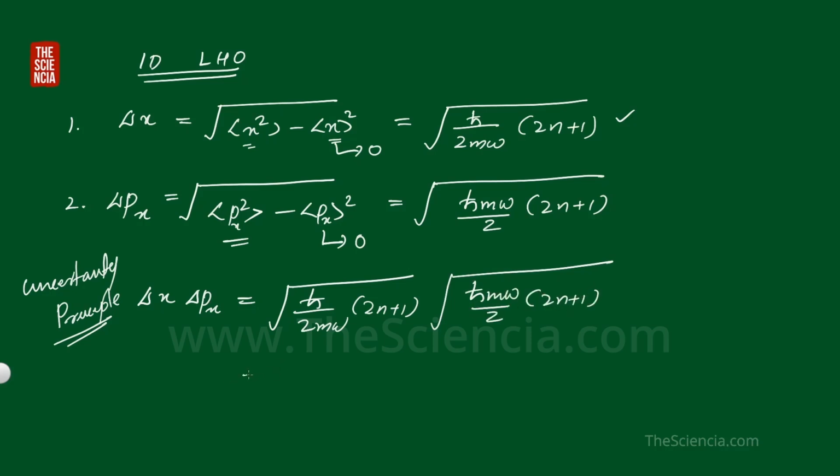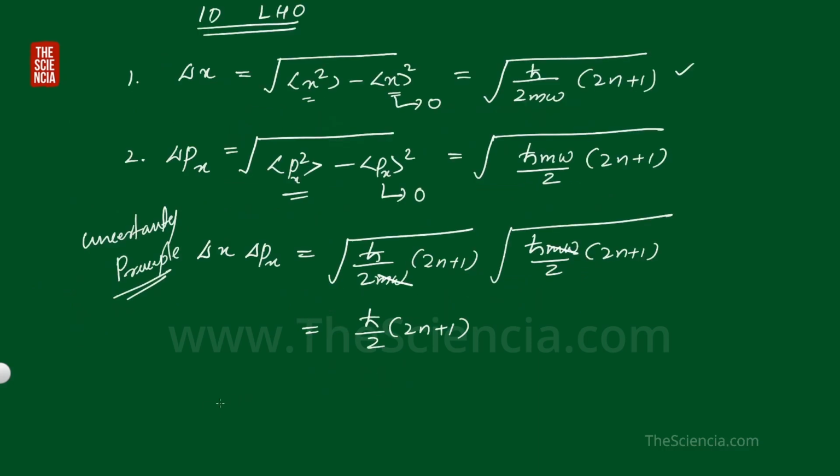The m omega and m omega cancel, and the remaining is h cross by 2 into (2n plus 1). If we simplify this expression, we get delta x delta px equal to (n plus half) into h cross,